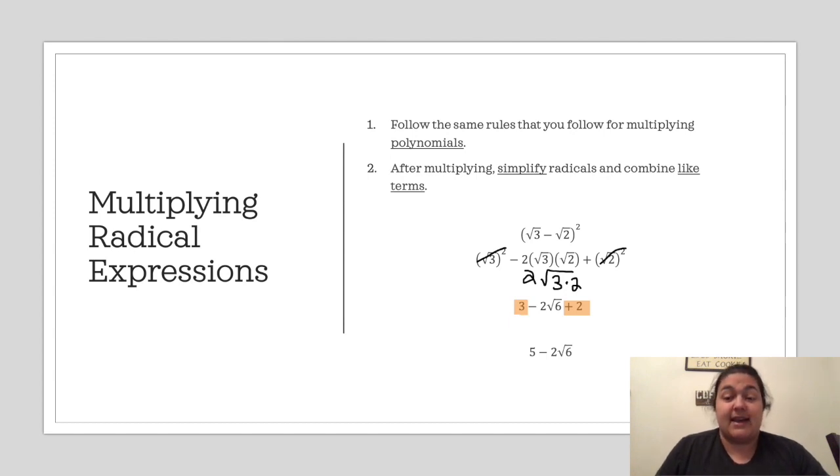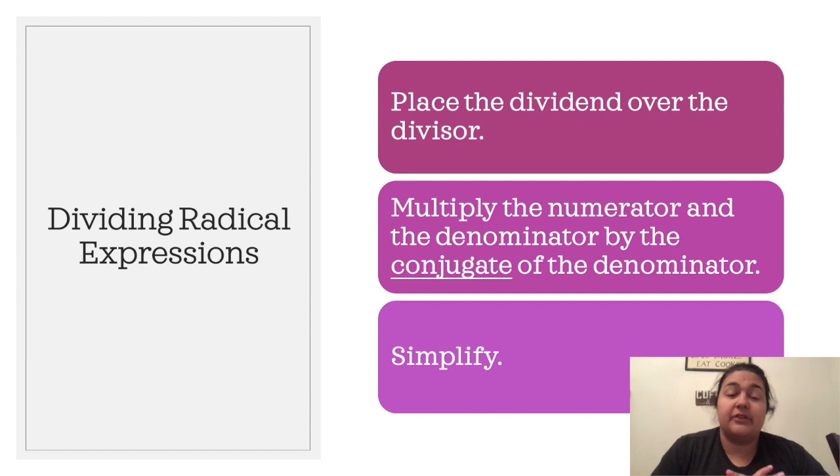Let's look at dividing radicals. Your first step will be to place the dividend over the divisor to make it look like a fraction. Second step, multiply the numerator and the denominator by the conjugate of the denominator. So I'm going to pause for a minute right there and remind you of what a conjugate is. A conjugate is when you are multiplying